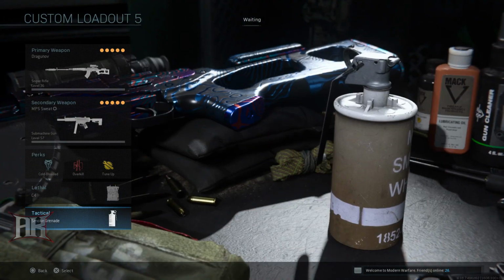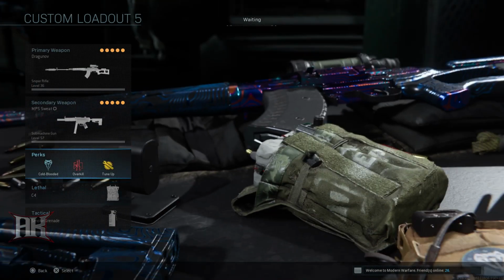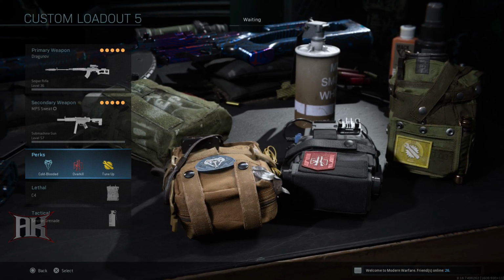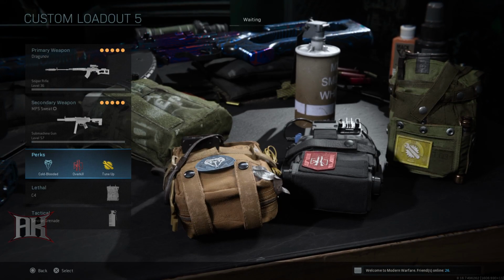And the C4 and smoke grenades are going to help you out with pushing through long range fights where you have a lot of people sitting with thermal scope. And speaking of thermal scope, cold-blooded is another must-have, because thermal scope is a big thing that people are using now. Not everyone is using it, because obviously there's a lot of new players that don't know how the game works, but you want to be ahead of the game,